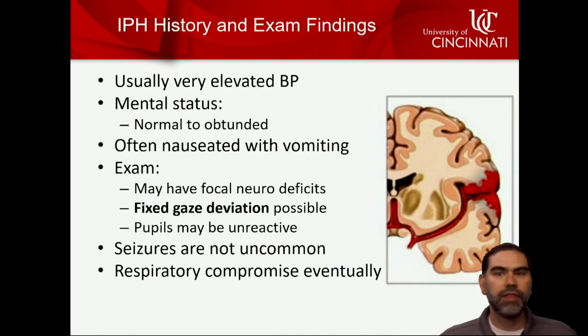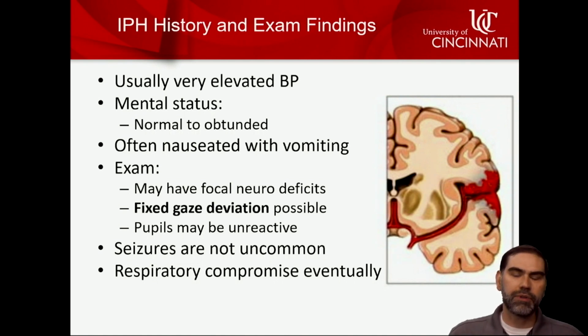Typically, these patients, while we talked about some of the symptoms overlapping with ischemic stroke, oftentimes are going to have elevated blood pressure. If you see the emergency doc, and you all pick up on this all the time too, if they're like 220 over 140, and they're just not acting right, or they're weak on one side, or they're confused, obtunded, and everyone's like, oh, this is going to be a bleed. Oftentimes we're thinking this is the direction that we're going. We're obviously not 100% right when that happens, but that tends to be a pretty common presentation for these,